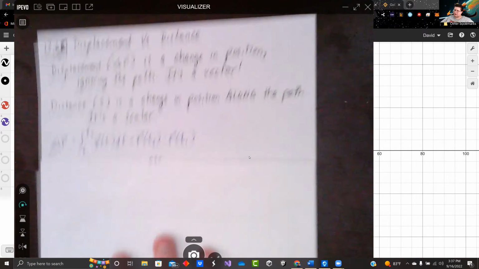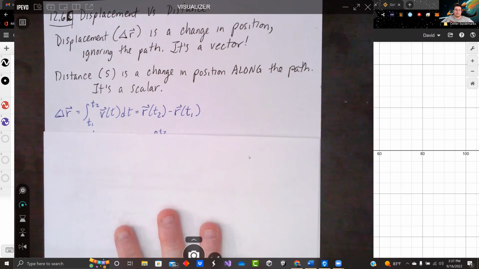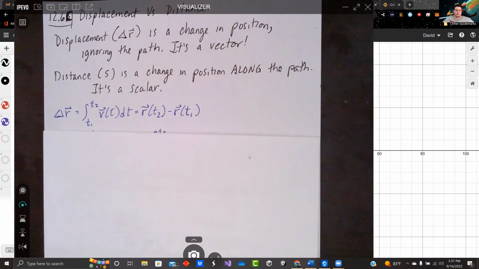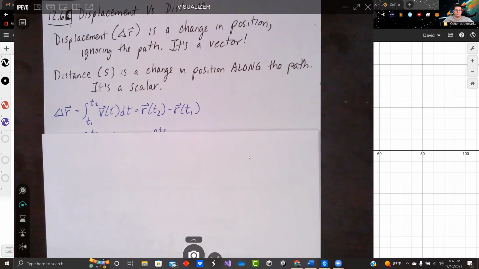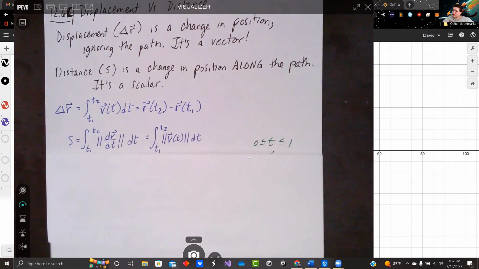So delta r, displacement, is going to be r of t2 minus r of t1. We can see that by integrating the velocity vector. Arc length, however, is integrating the magnitude of v of t. v of t is dr/dt, of course. So when we integrate that,